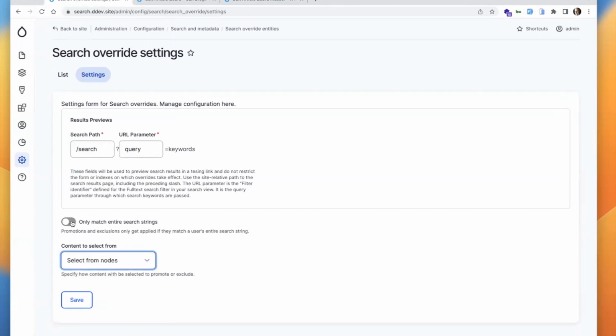And then you can also say to only match entire search strings. So with this off in the default state, it would use that zebra set of modifications against all other searches like zebra mussels or anything else that had zebra within the search query. Whereas you can turn that on to say, maybe we want to do separate sets of modifications for zebra and zebra mussels and some of those other ones. So you have the ability to control how specific it's going to be in terms of that matching